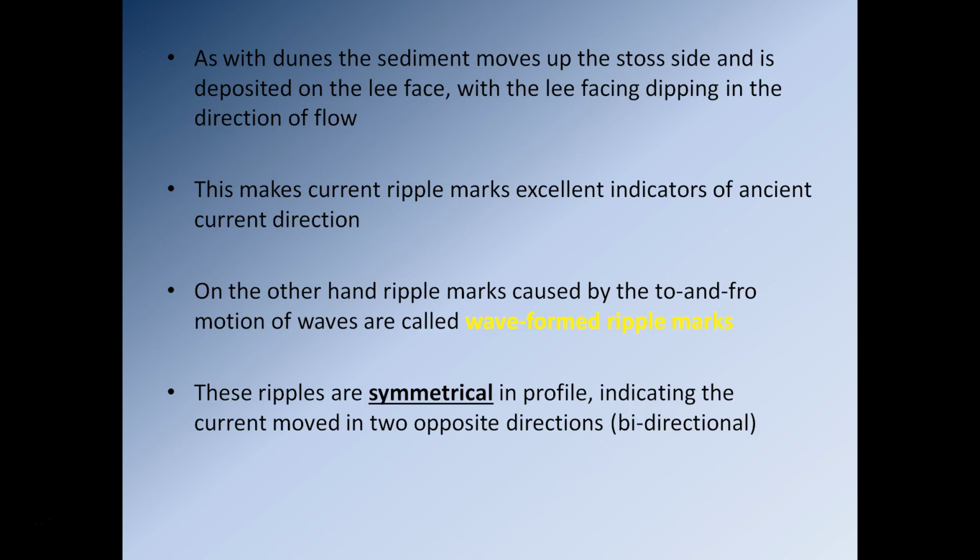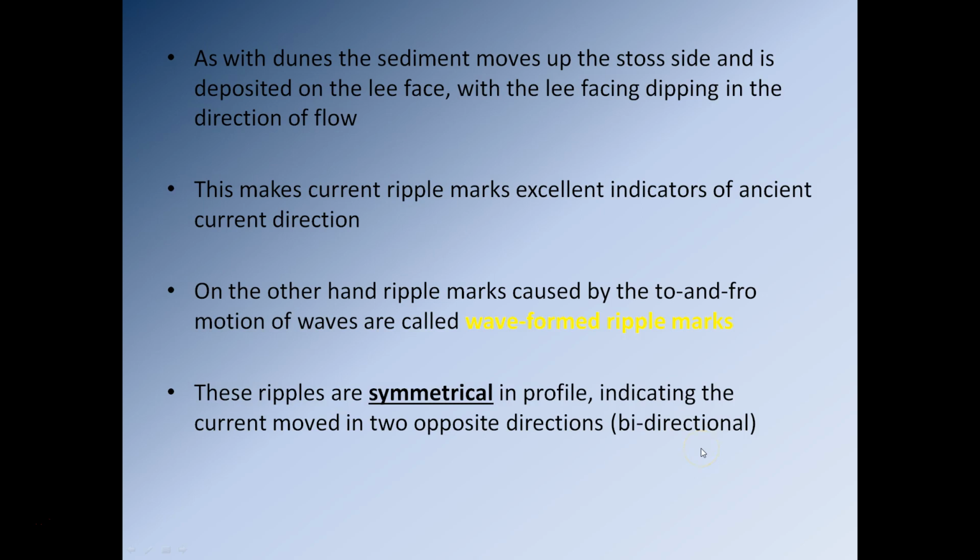On the other hand, we have a different class of ripples, which are called wave-formed ripples, and they're produced by the to and fro movement of waves as they hit the beach. And these will produce ripples that are symmetrical in profile. So essentially the ripple will have limbs which are the same length, and they are at the same angle. And that's produced by